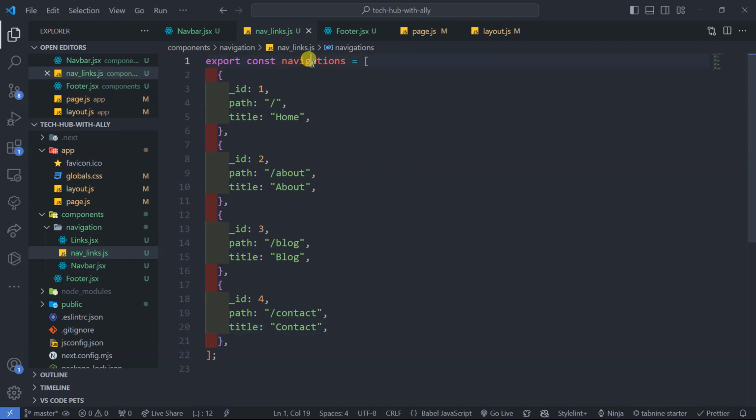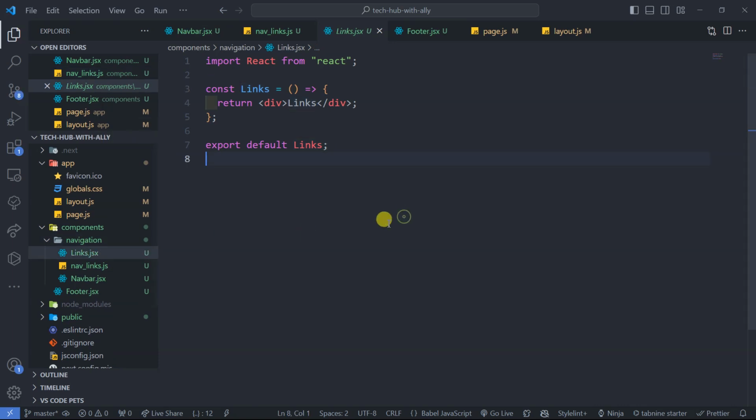Export const. Then for me to use it, I have to copy this one. Just go to links here. Using links, this is where the game will be played. I will come here and say okay. And first of all, I want to render some other stuff. I can pass